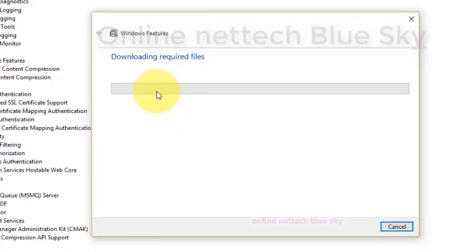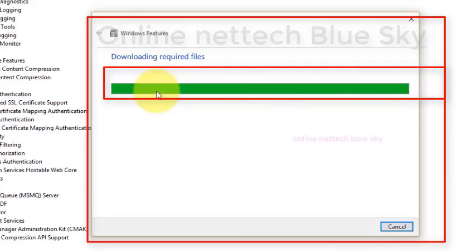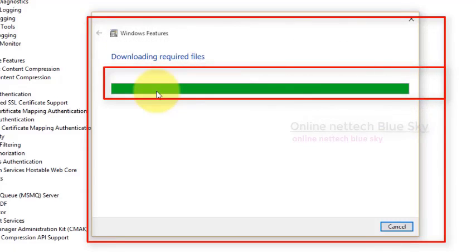If you have updated your Windows, it may download directly, but if you have not updated your Windows operating system, you need internet. This is required for downloading from the update data for my operating system. First it downloads, and afterwards